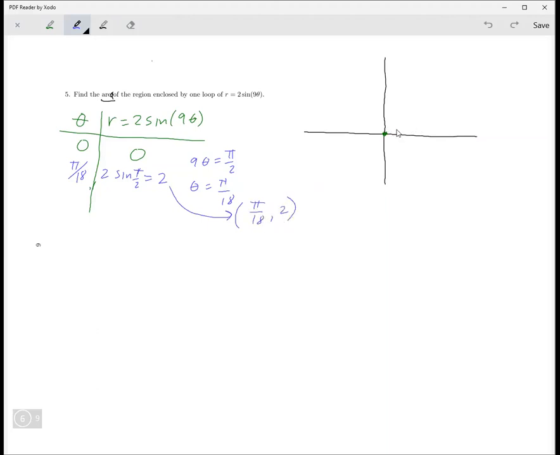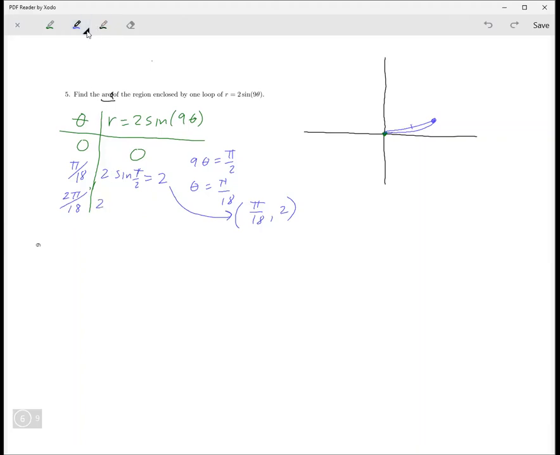Now, pi over 18 would be a really small angle like this. And we'll say that's 1, 2. We'll say that's 2. Okay, so as your angle sweeps from 0 up to pi over 18, your curve starts with the origin and goes up to there. Okay, and then when you get to 2 pi over 18, which is pi over 9, then you're taking,